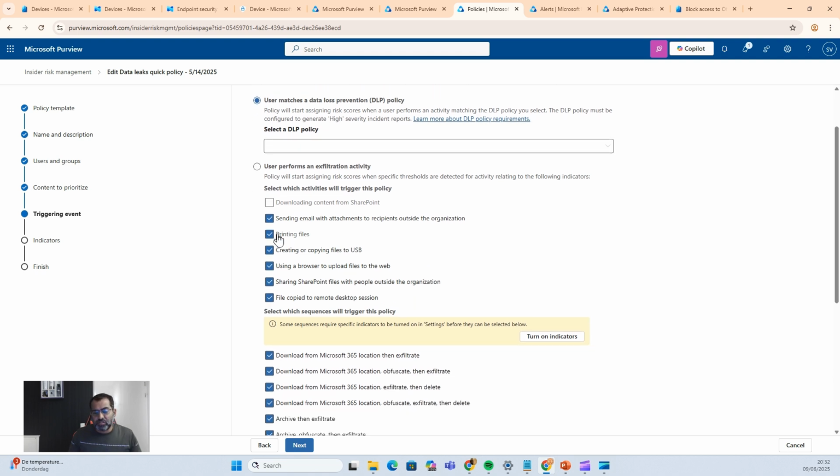For example, here you see printing files, creating or copying files to USB, using a browser to upload files to the cloud. These are the common ways data exfiltration happens in any organization, right? So it's good that you have a look at all of these and then enable them. And the next part is